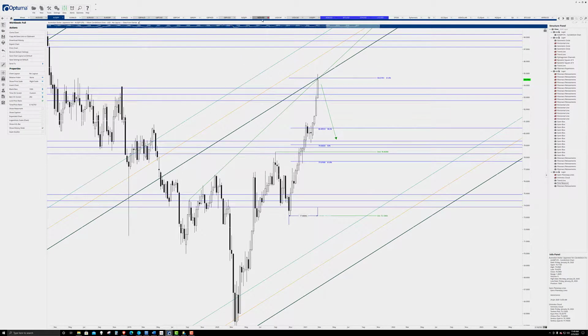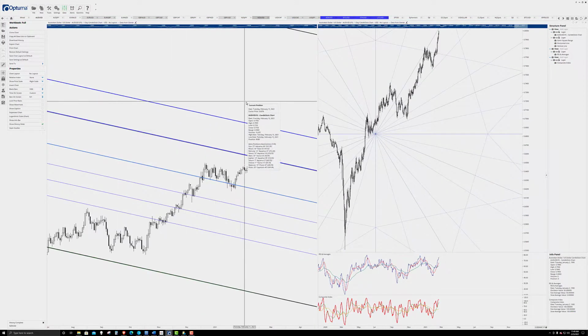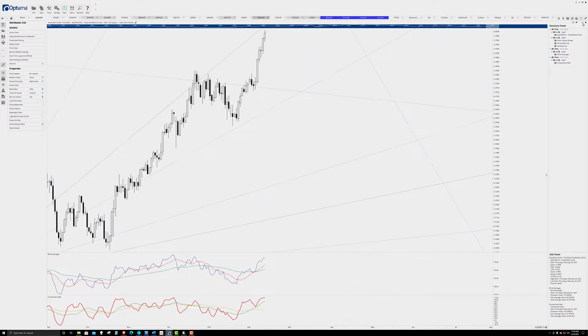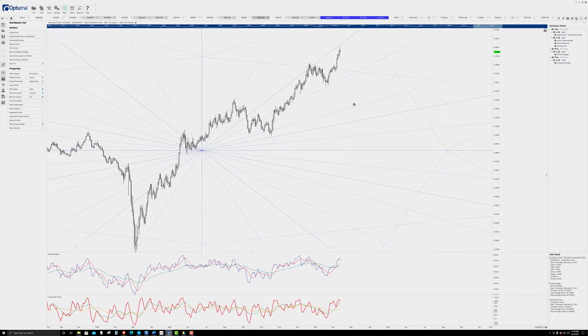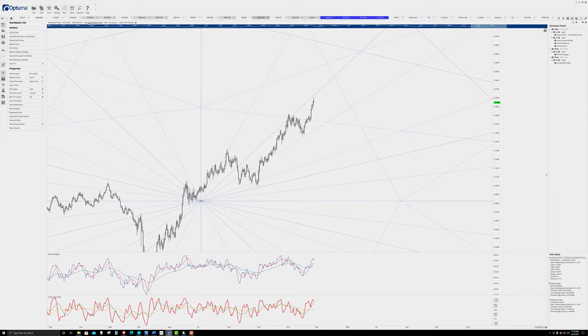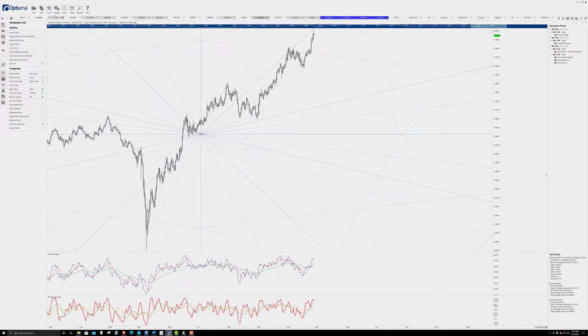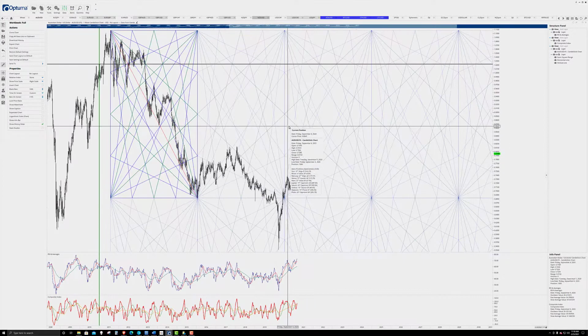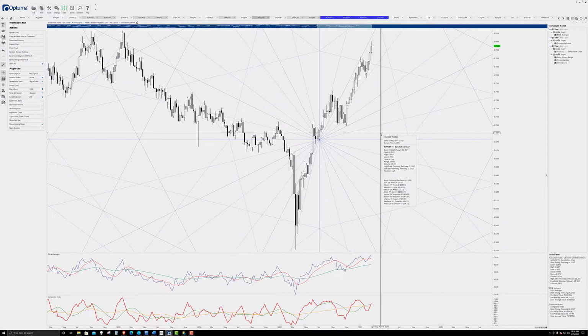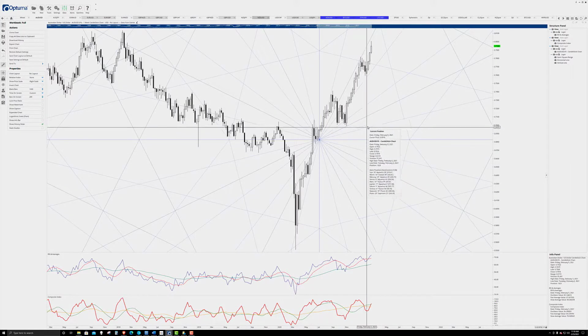When we take a look at the Aussie dollar as well, we can see that it's facing a little bit of pressure here. From a Gann perspective, this is the Gann square of a range. Let me maximize the chart here, go to the weekly, zoom out. So this is Gann's square of a range, and without getting into a ton of detail, from a trading perspective it helps isolate the trading range in a geometrical manner.